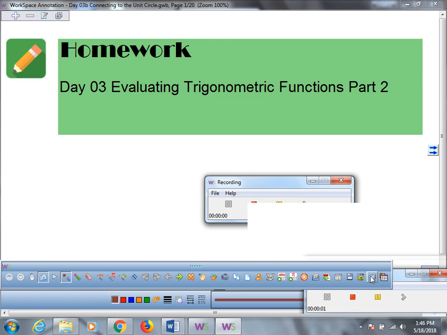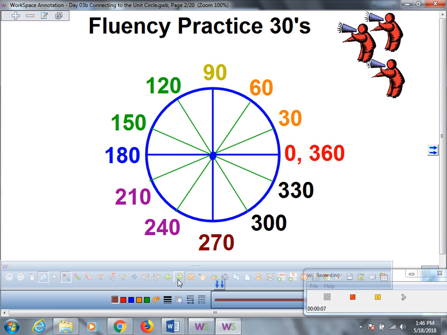So let's finish up what we started yesterday. We're going to evaluate trigonometric functions part 2. I just have a little piece left to tell you about, but I want to give us some extra practice